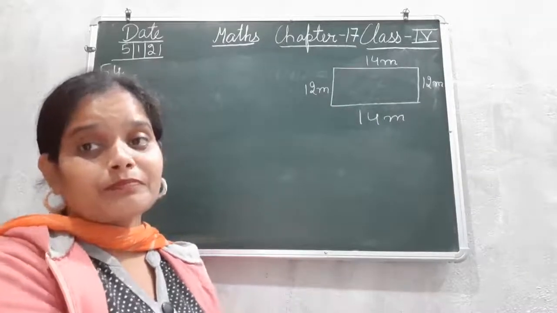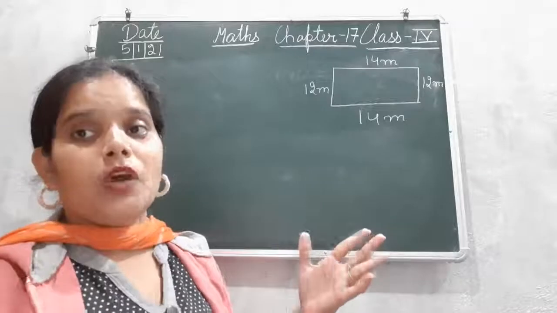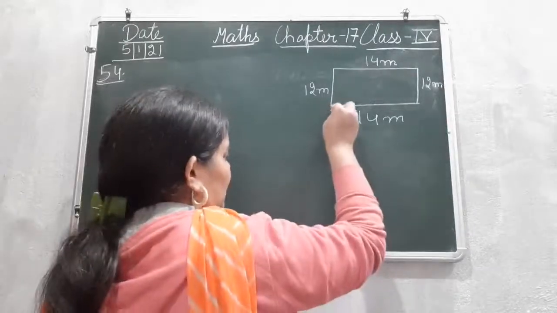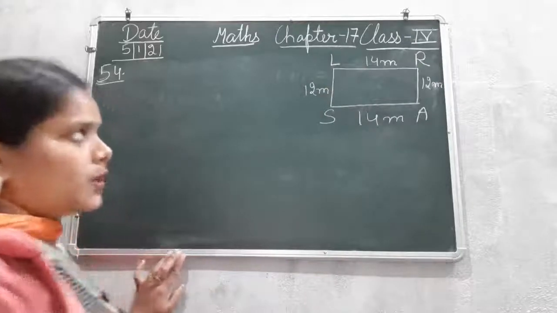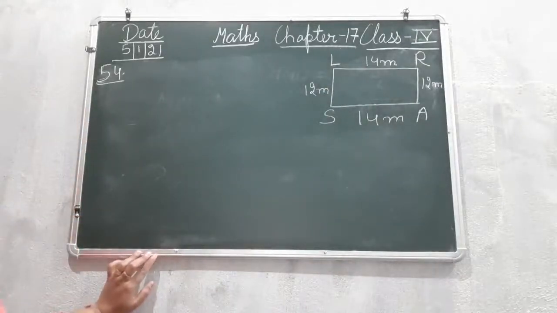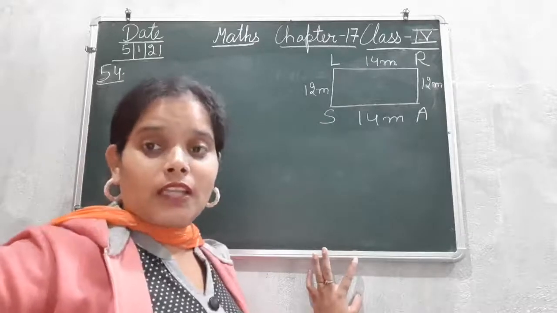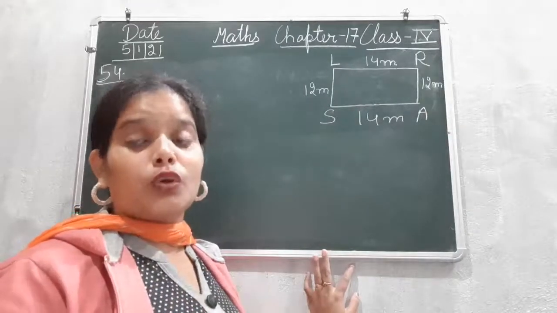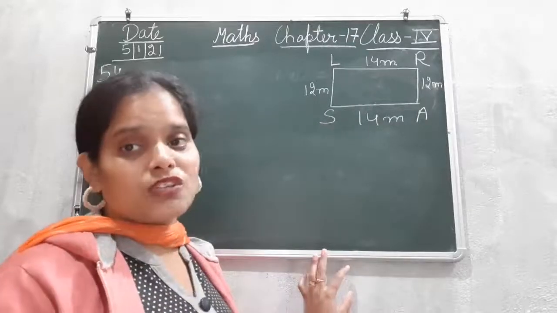So the next step is, now we are going to name this figure. So you can take any random name or any random alphabetical names you can choose for this rectangle. So I am just choosing S A R L. Okay, S A R L. So देखिए मैंने, जरूरी नहीं है, एक S है, एक A है, एक R है, एक L है. देखिए you can choose any alphabet, you can denote any vertex of any given figure, the closed figure की, कोई भी vertex को आप कोई भी alphabet से denote कर सकते हो. It is not necessary that you have to follow the alphabets P, Q, O, R, S series, so you can choose any name.